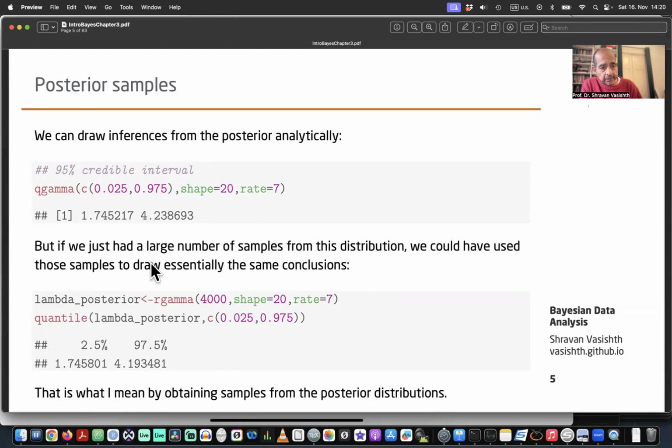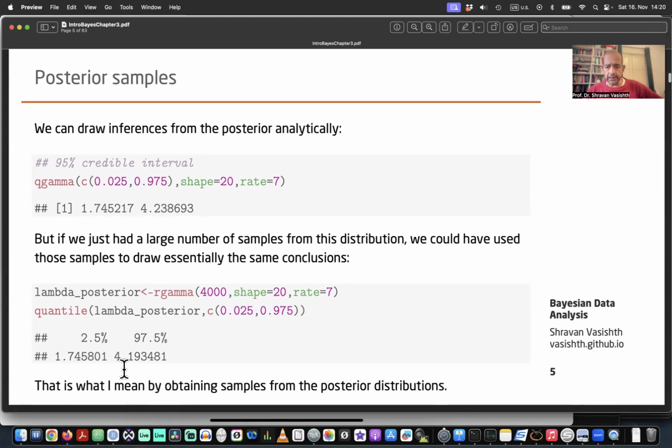So if we compare these numbers, the analytical credible intervals 1.74 and 4.23, with the intervals computed using Monte Carlo sampling, right? You'll see that the estimates are pretty close. They're not identical, but they are very, very close. And so if I increase the number of samples, I'll get even closer to the analytical numbers here. Okay,